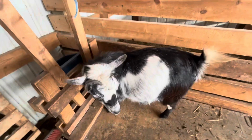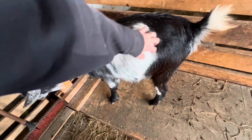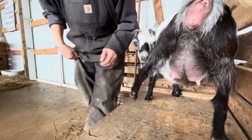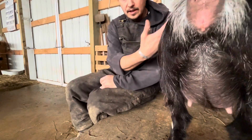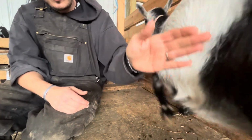Okay, so that is all I'm going to do with her. I'm going to just bring the stress level down. I don't want to mess with her too much. But what I'll generally do is just put her head there, and then I will just sit down beside her while she's locked in, and I'll pet her. And over a couple weeks of doing that, then you just basically start working your...